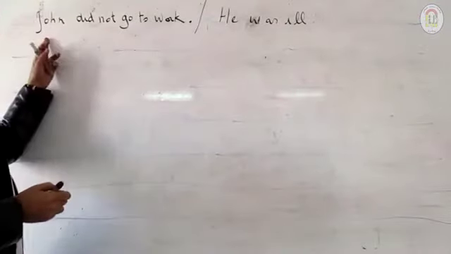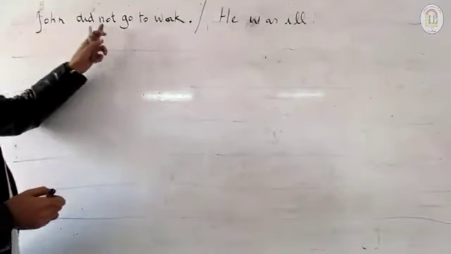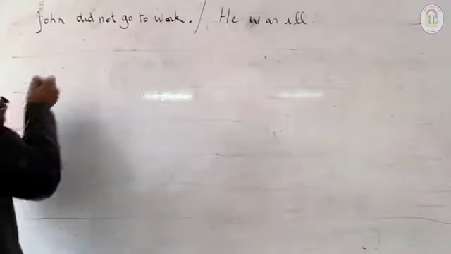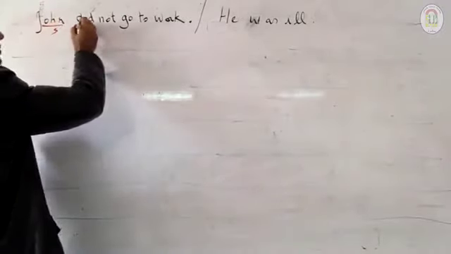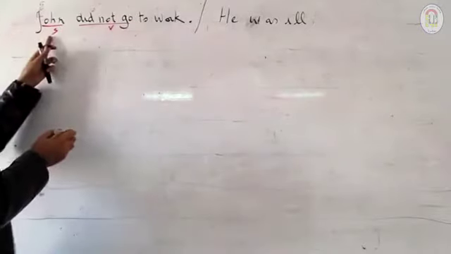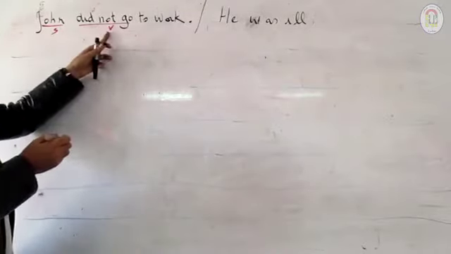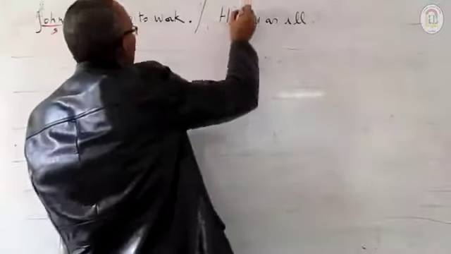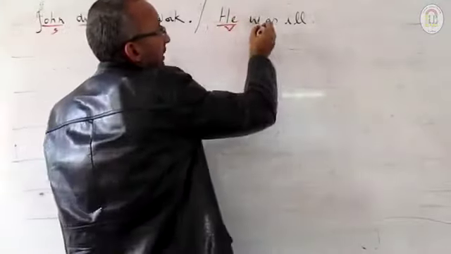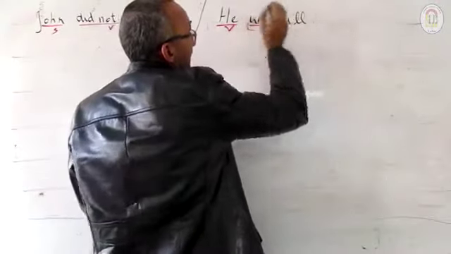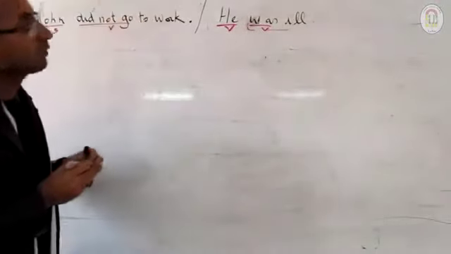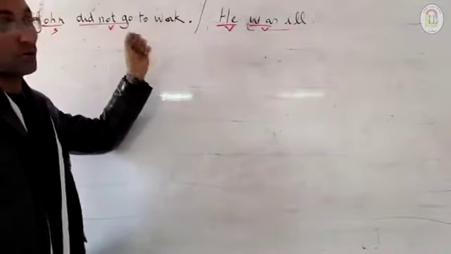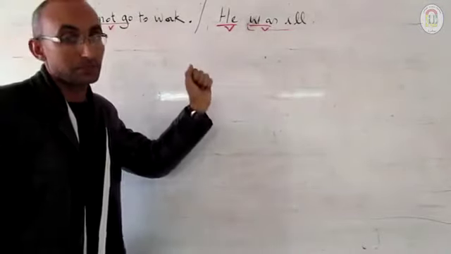Now here I have what? John did not go to work. I have here John as subject and did not go as my verb. Only one S and one V within one predicate, so it is a simple sentence. Here also I have only one subject and only one verb within one predicate. It's always a simple sentence. Now if I want to join them to form a compound sentence,